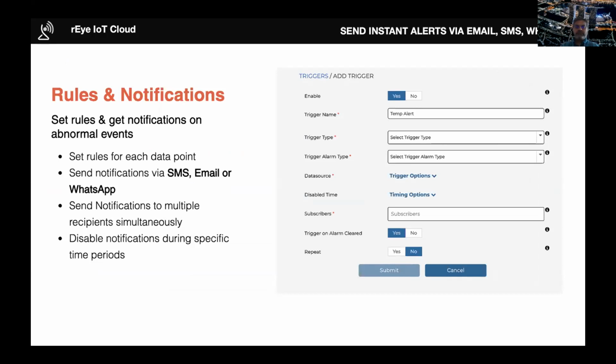So what we enable is that for every data point, you can write rules. And for every rule, you can set different recipients. And you can enable, disable this based on time and based on users as well. So this becomes very important for them to be notified immediately and respond as quickly as possible to the problem